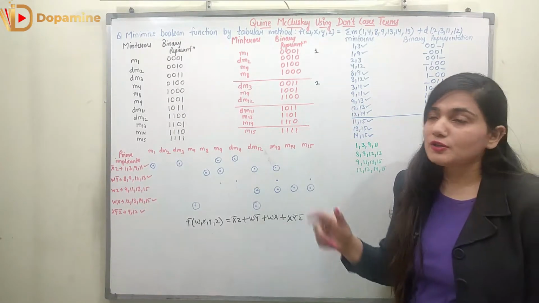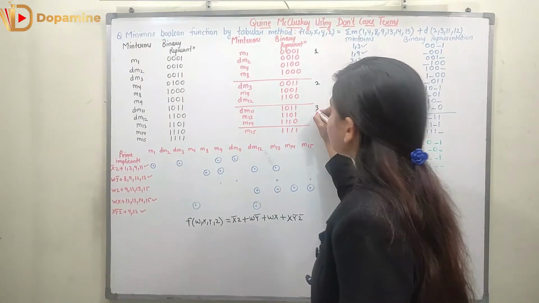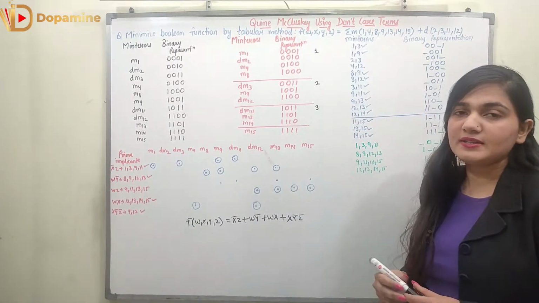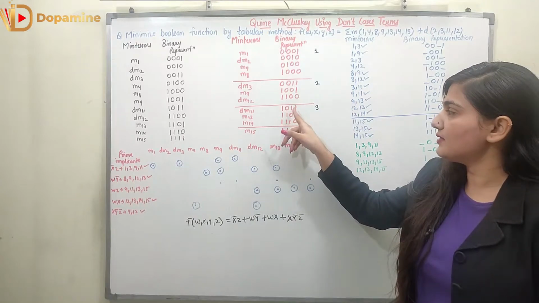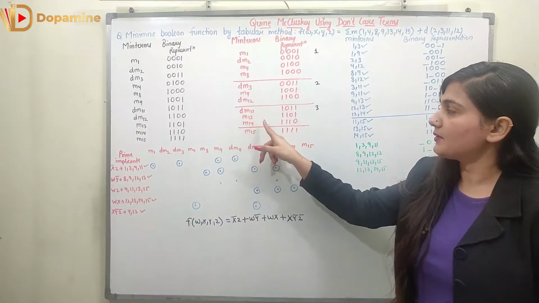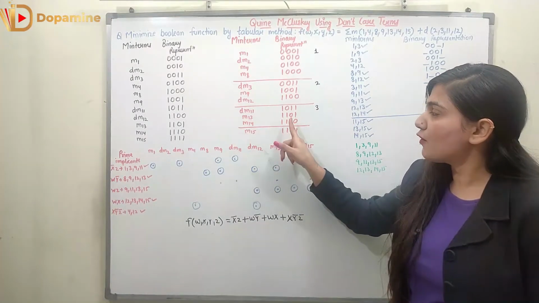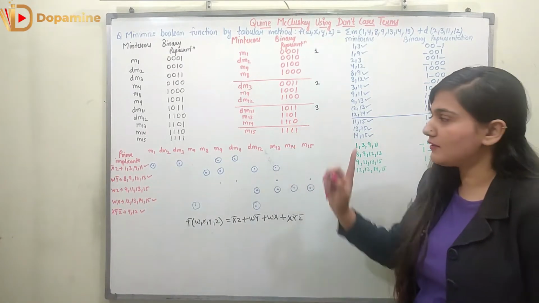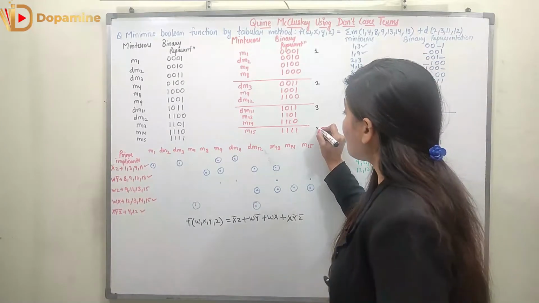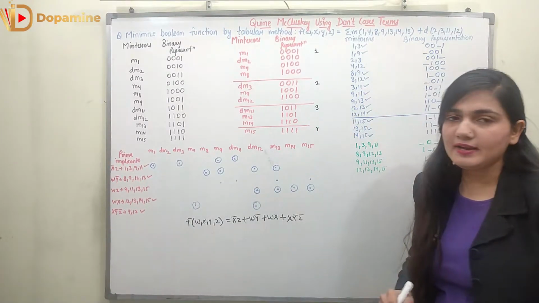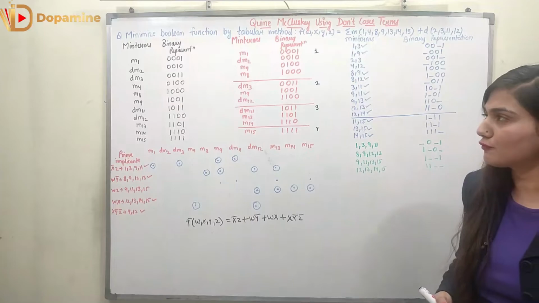Now coming to group 3, where we have 3 ones. 3 ones are present in the don't care term 11, which is 1011. Then min term 13, 1101, you can see 3 ones are present. Min term 14, 1110, so 3 ones are present again. Now if I look at min term 15, here we have 4 ones. So here we have the fourth group.